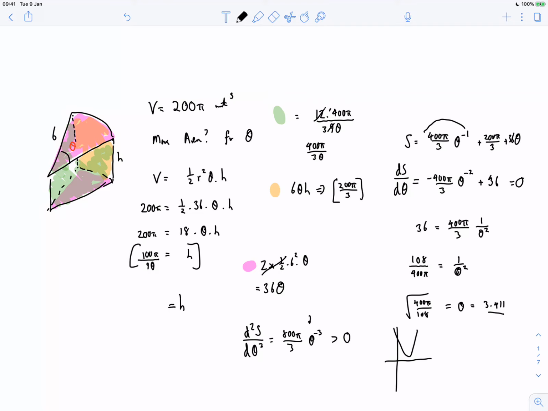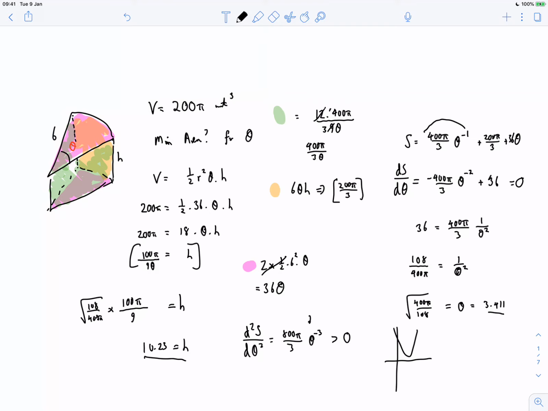Well, there will be 100π over 9 times 1 over theta, which is going to be the square root of 108 over 400π. Apparently the h is 10.23. So actually, there isn't a maximal area to this, there's a minimum area. So the minimum area to all this is when h is 10.23, theta is 3.411,